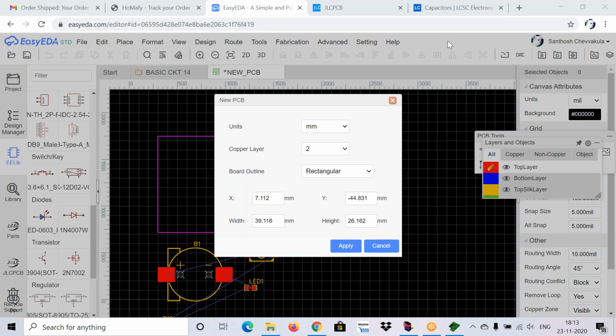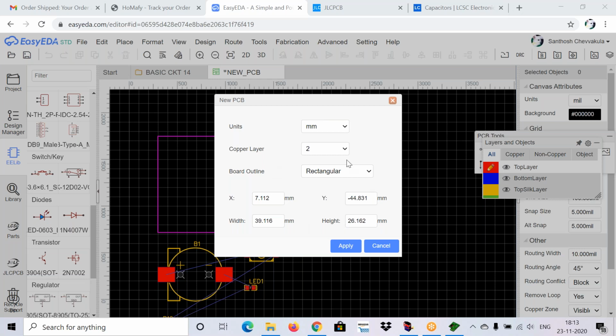Now, when you click on the convert to PCB option from the design, after designing your circuit, go to the design option which is available at the top side and click on convert to PCB. It will take you to the PCB designing window and a window will appear like this. If you want to change the border outline, some options will be given for you.